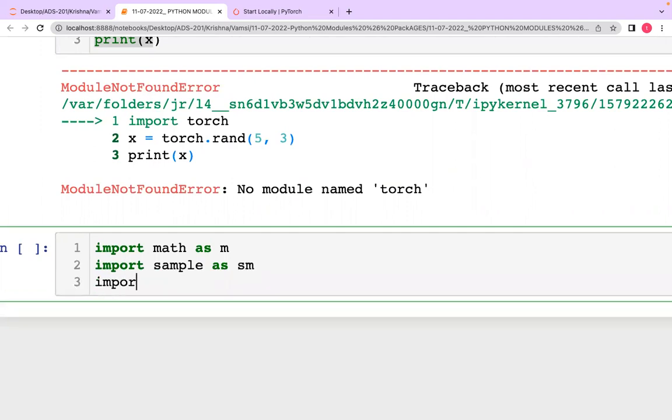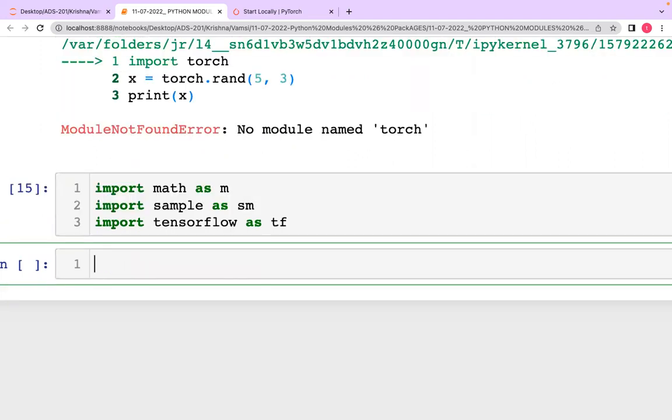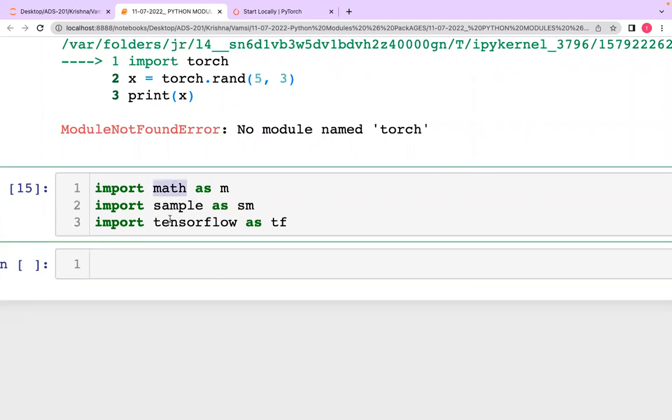Okay, by the same way we can import TensorFlow as tf. This is the way you can import these libraries with different names, instead of using math or TensorFlow in full every time, since the names of these particular modules are a little long. So we can rename with any specific short name as you like, and use that name at the time of importing. Okay, this is one thing.